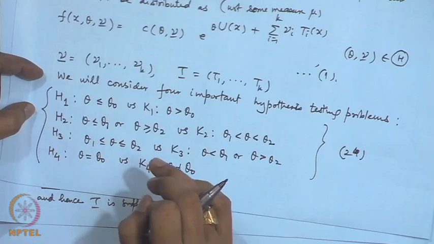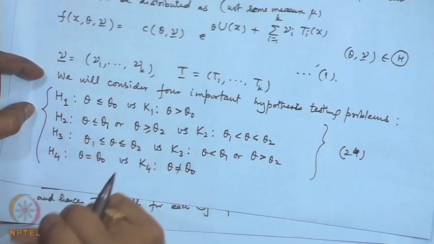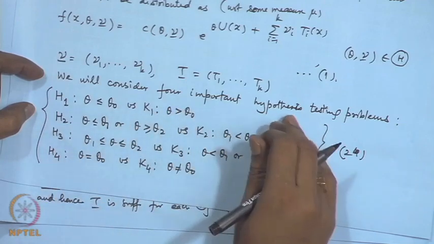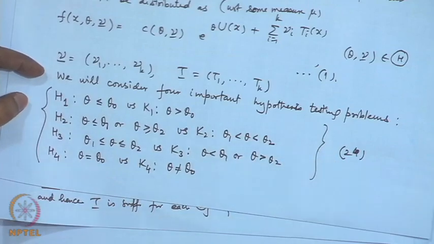The method that I described was, firstly we derived the conditional test and then we derived the unconditional test. The conditional test could have been, for H 1 and H 2, UMP test, and for H 3 and H 4 they were UMP unbiased. But when we considered unconditional, then all the tests became UMP unbiased. So, I will demonstrate certain popular testing problems. For example, you are considering parameters of binomial distributions, Poisson distributions, normal distributions. So, these are all, you can say, popular distributions.